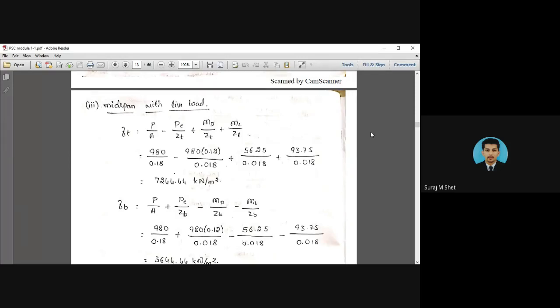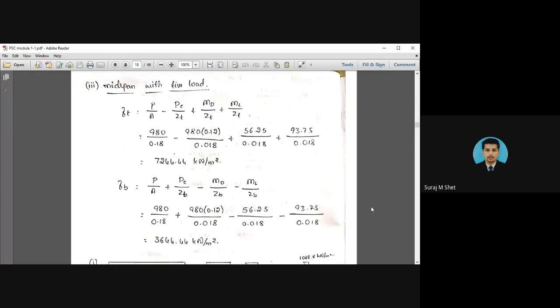The live load is already calculated. They gave 4.5 and 7.5 for live load and dead load. Just substitute the values and calculate the moment due to that value. Here, whatever the sign is, just reverse the sign for the bottom. Here P by A plus, the moment due to top fiber is negative, the bottom fiber is positive. Whatever moment acts at the top is always positive and at the bottom is negative. You have to take P by A minus PE divided by ZB, plus MD divided by ZB, plus ML divided by ZB with reversed signs, substitute the values, and you will get the bottom fiber.